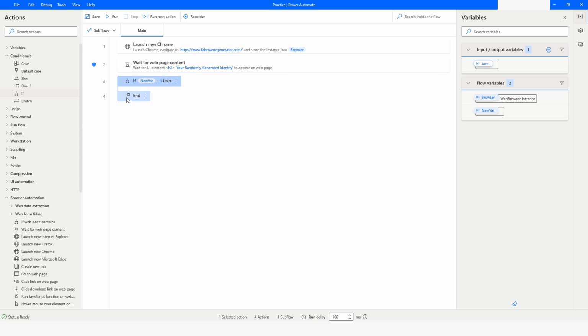And now when you know that there was an error and the element did not appear on the screen, you can handle your error. If you want to log it somewhere, or you want to send some notification, you can do that as well, right? So for now, what I will do is